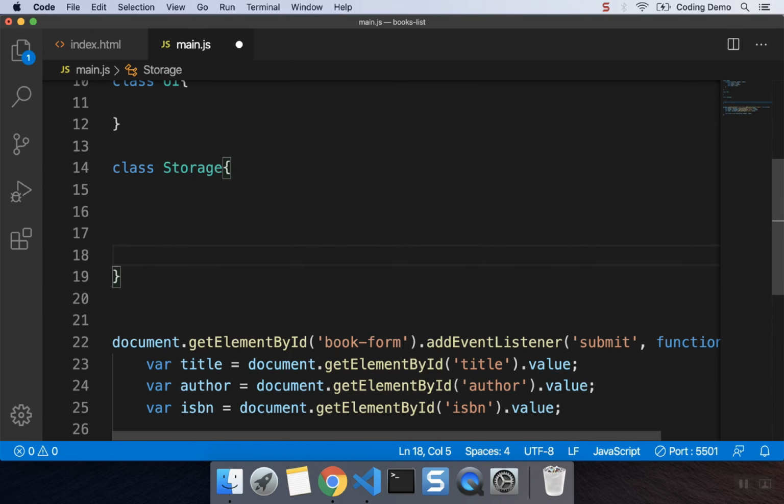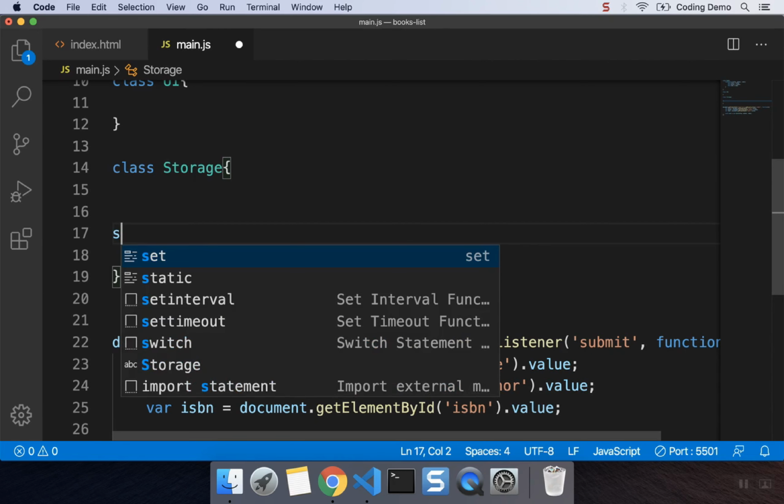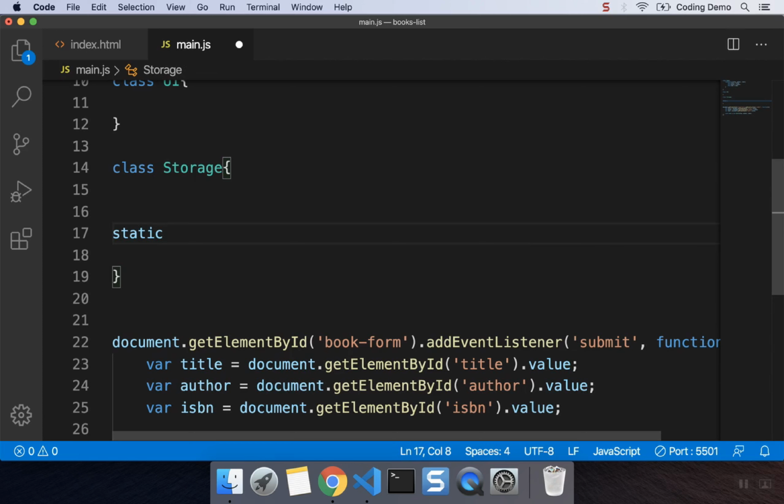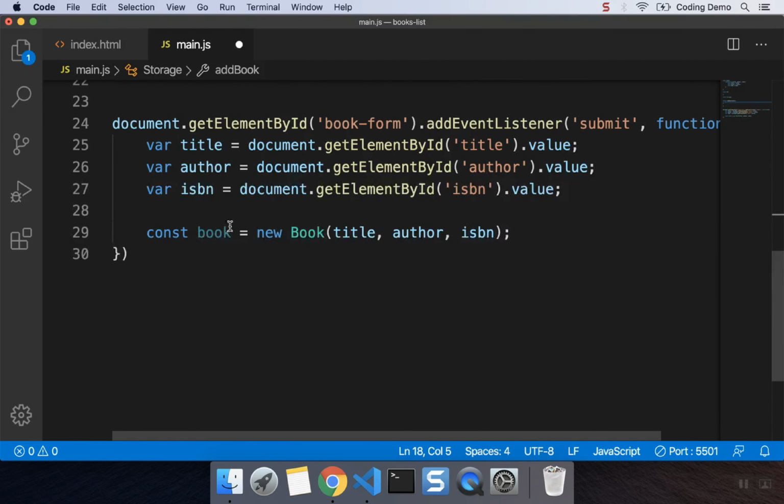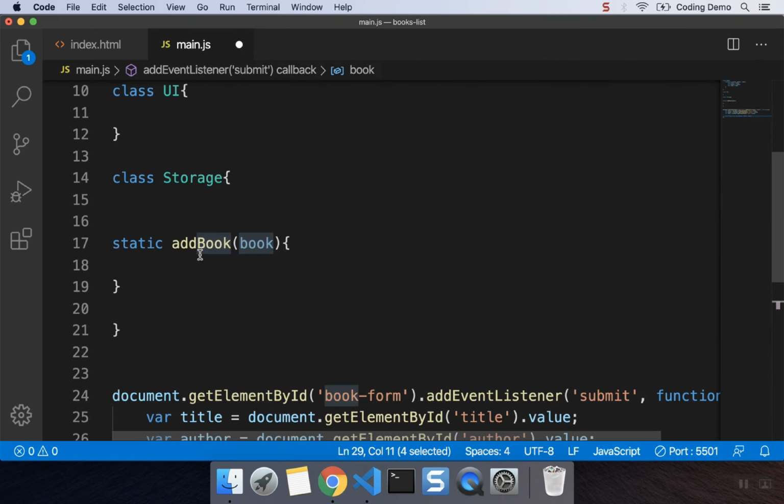So the first thing is to add the book, right? Add the book inside the local storage. So let me create a function. I'm going to be using static here. I'll just say addBook, and I'm going to be passing in the book that we just created. So book, just created right here. Okay, so in here